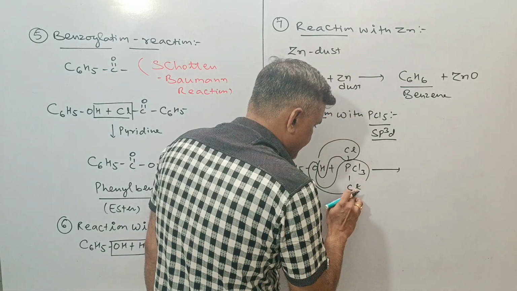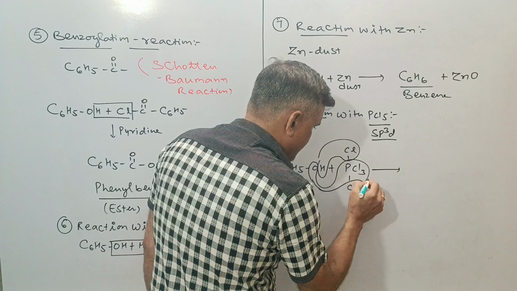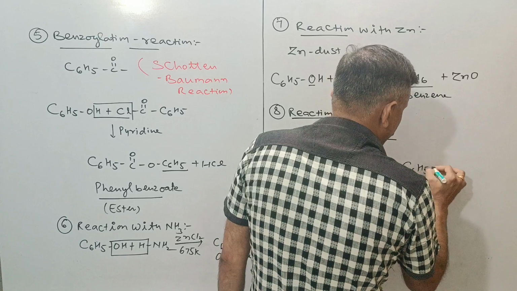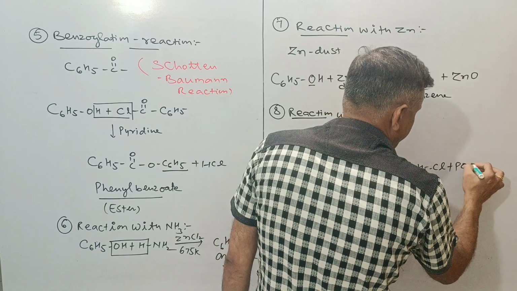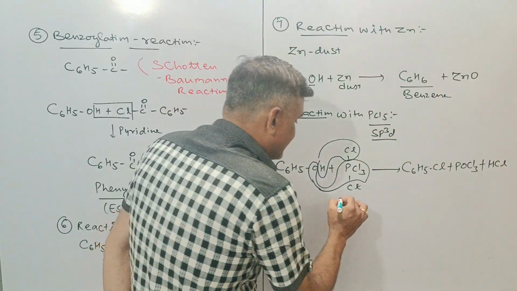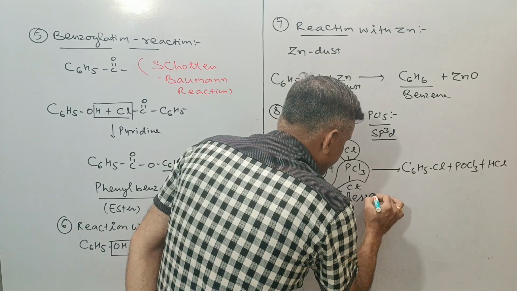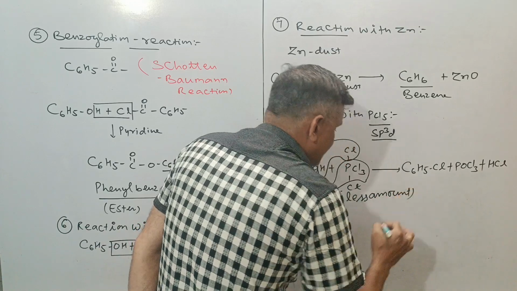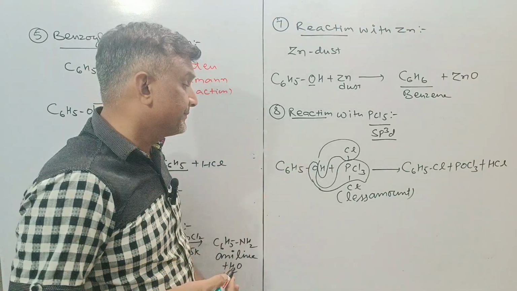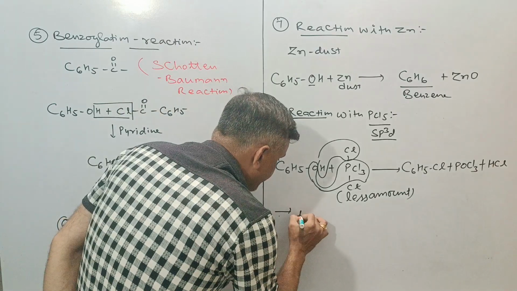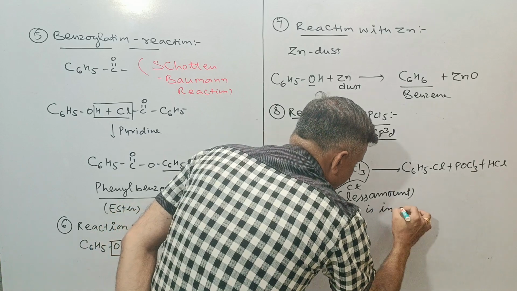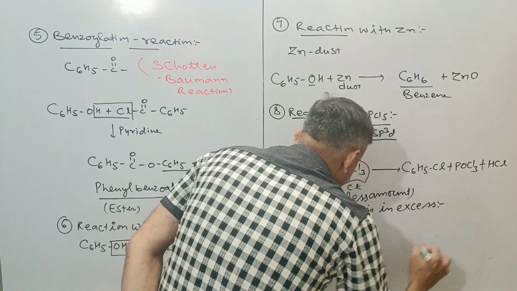This is the chlorobenzene, C6H5Cl, in slight or low amount, with the formation of POCl3 and HCl. If PCl5 is in less amount, अगर PCl5 आपके पास में less amount में है, or you can say phenol is in excess, अगर फिनोल आपके पास में एक्सेस में है, in that case